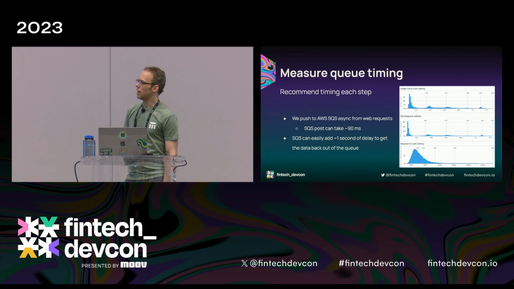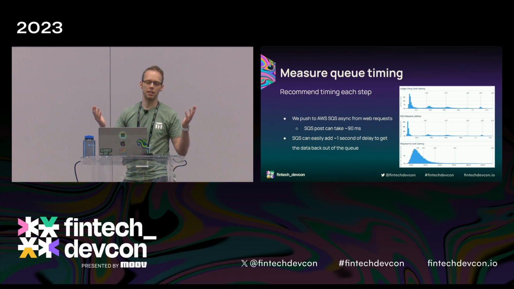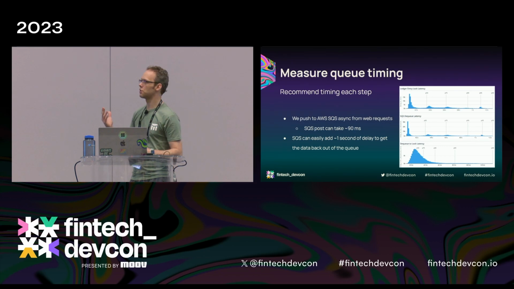So we are using AWS SQS as our queue. That isn't anything magical. Use whatever system you want. But